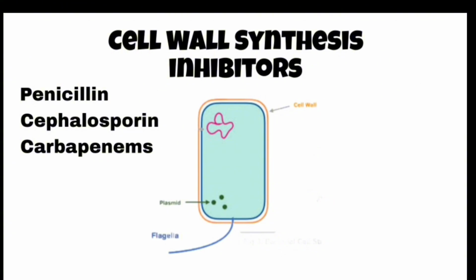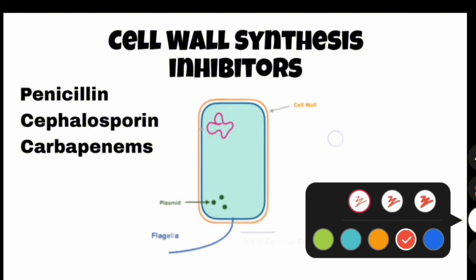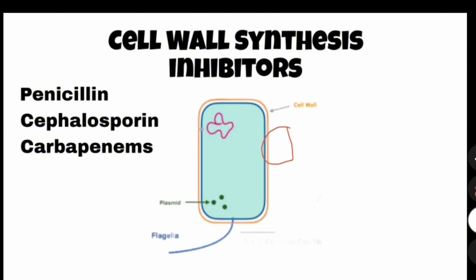These are antibiotics which inhibit the production, or the synthesis, of the bacterial cell wall. The antibiotics used for this purpose are penicillin, the cephalosporin group, and the carbapenem group. Penicillin is mostly used for skin infections, strep throat infections, and other infections. Several cephalosporin antibiotics include ceftriaxone, cefotaxime, and cephalexin, used for many infections like respiratory tract infections, skin infections, STIs,